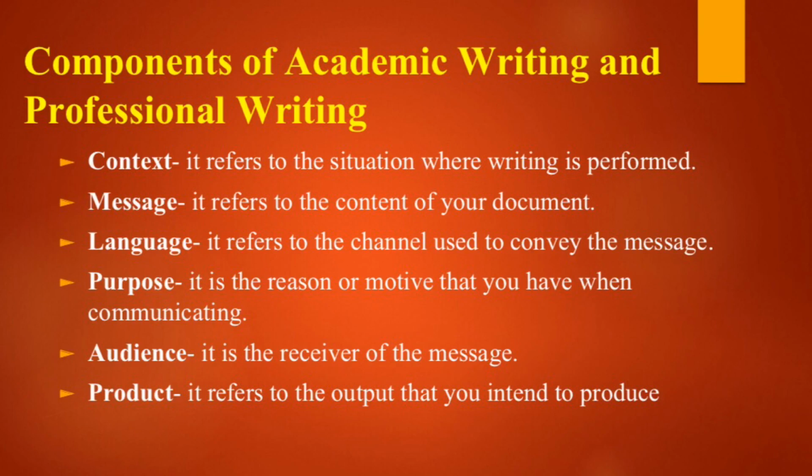We have the components of academic writing and professional writing. Actually, we have six components, and let's start off with context. So, it refers to the situation where writing is performed. So, it includes the people involved. So, for example, we have the sender and the receiver. So, the receiver will be the reader, and the relationship between the people involved in the communication, time, place, and